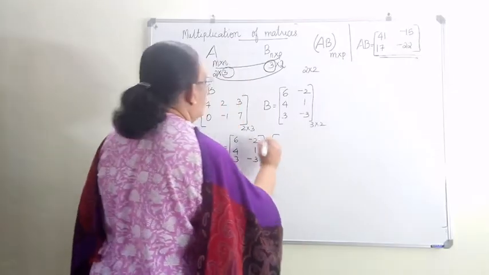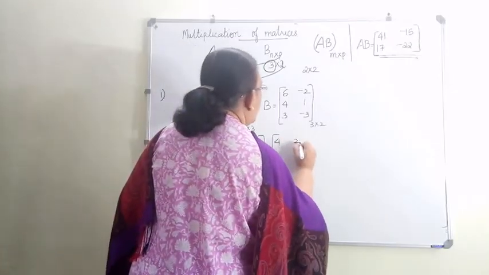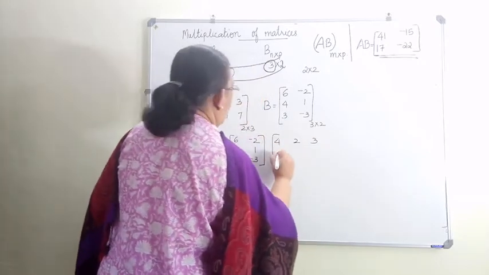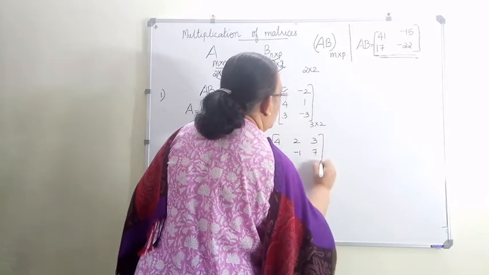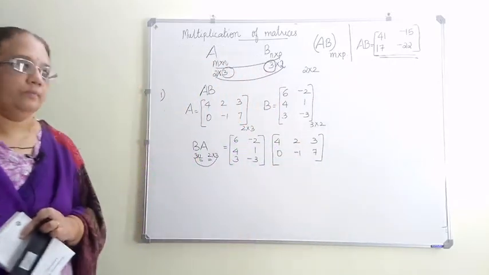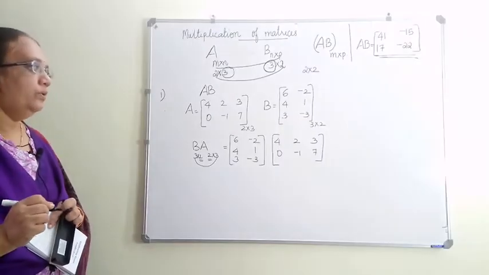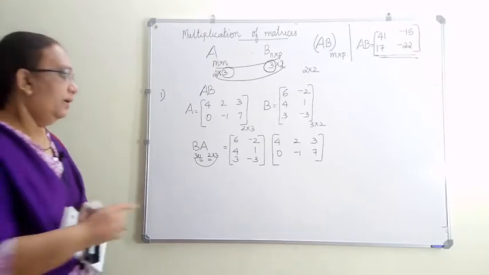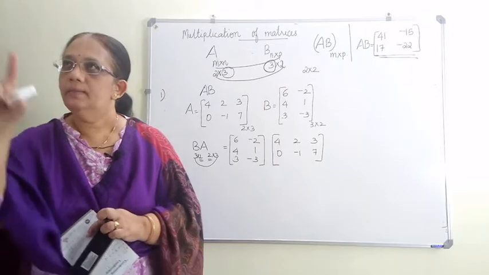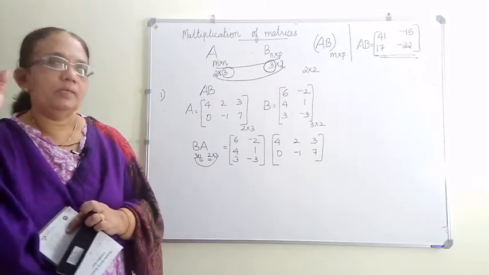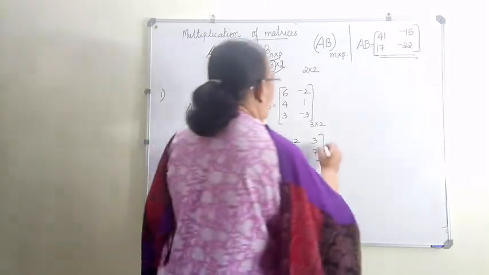But before that, do stepwise. You won't know where you are going wrong. B into A, and you know the answer will be of order 3 by 3, that is 3 rows and 3 columns. Imagine that you should get equal to